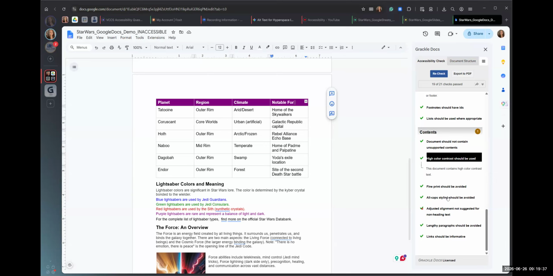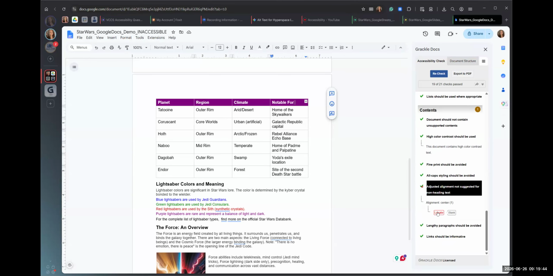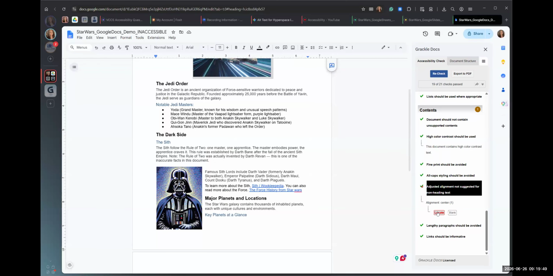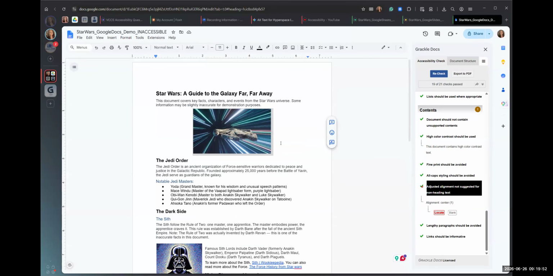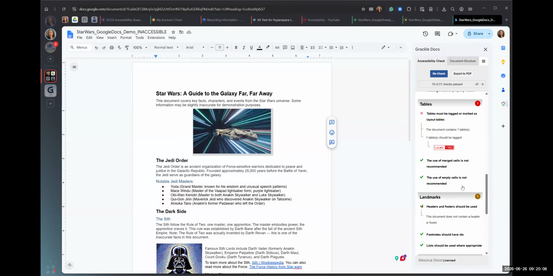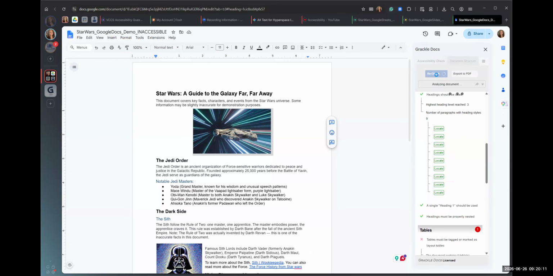All caps should be avoided. I've already talked to you about why that is. And alignment adjusted, not suggested for non-heading text. So I'm not sure what it's talking about, so let's go find it. Well, I'm not looking at anything. Oh, it is the image. Okay, so it likes things left justified, although center justification is not wrong. This is why it says passed with warning. Lengthy paragraphs should be avoided and links should be informative. And we've already passed all of those. So now if I recheck this,